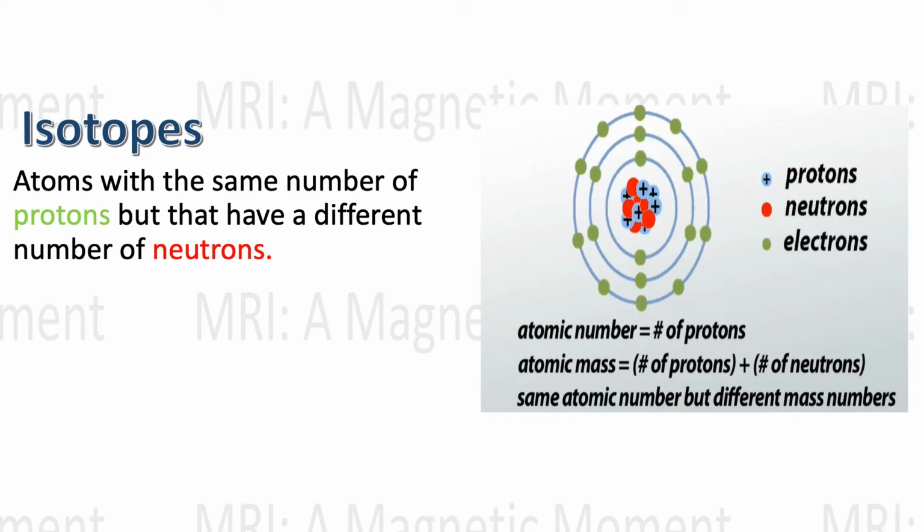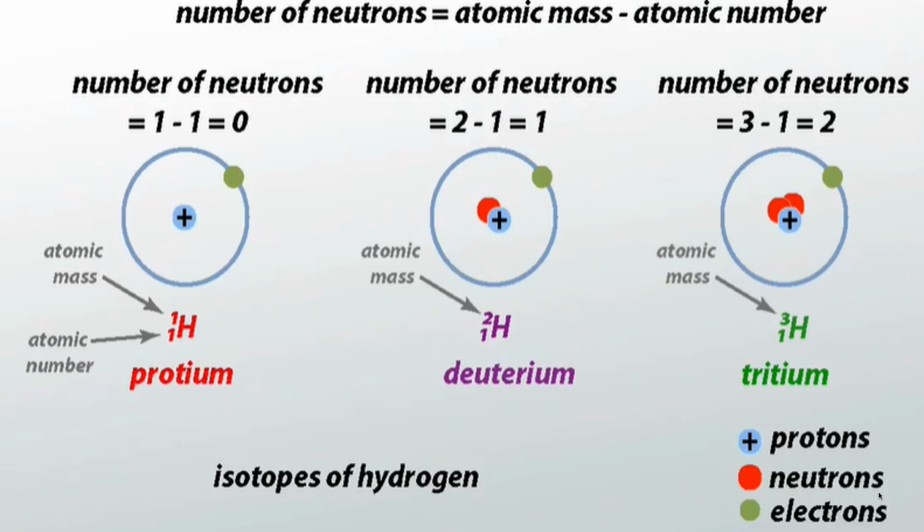So we'll see our example right here. We have the hydrogen atom. The 3 are all isotopes of hydrogen. We have protium, we have deuterium, we have tritium. Excuse my pronunciation. We will be using protium in MRI, but as you can see, they have the same atomic number. The atomic number is the same, 1 right here and 1 here, but they have a different atomic mass because they have a different